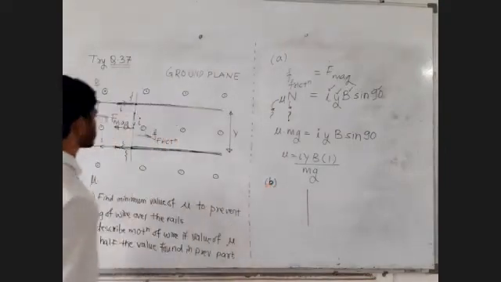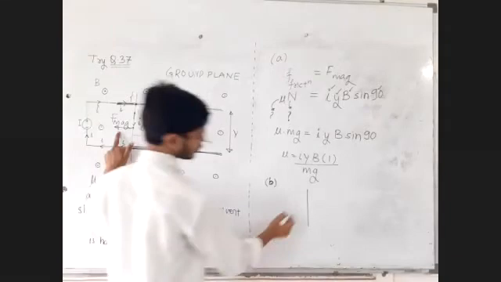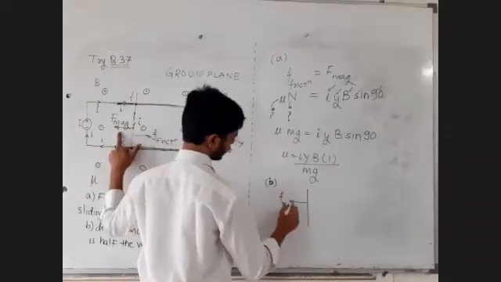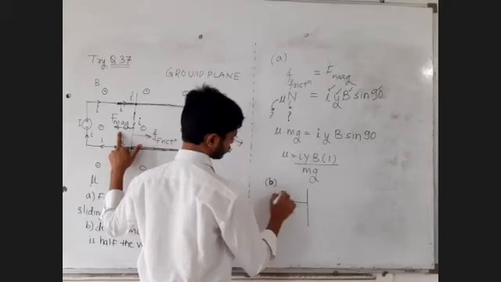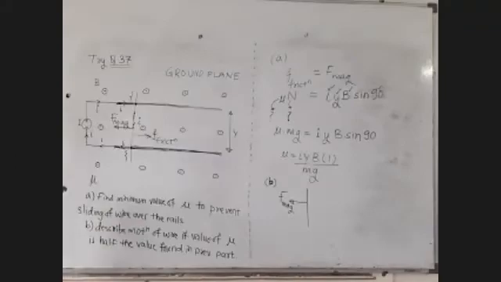Mg and normal reaction are balanced, so forget about them. This magnetic force will still be there. F magnetic. The friction will of course try to oppose this magnetic force.